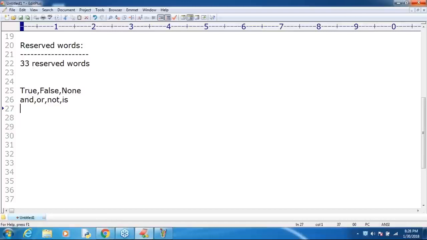Next, is operator. Next, do you know what is the next one? From our childhood onwards, you know, man. If, else, next, and after that, elif. Remember, if, else, elif. Can you please tell what is the meaning of elif? Else if. In Java or in C language we use else if, but in Python we write elif, the short word. Okay, this is the reserved word.